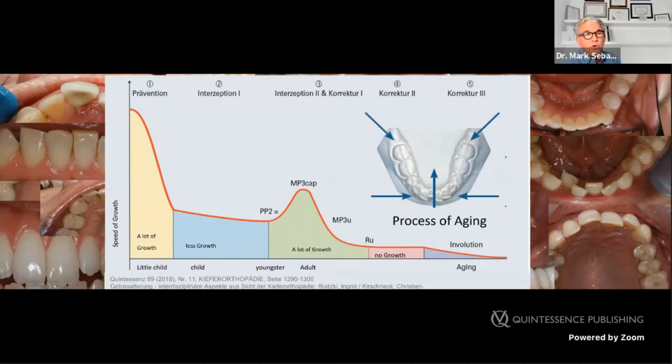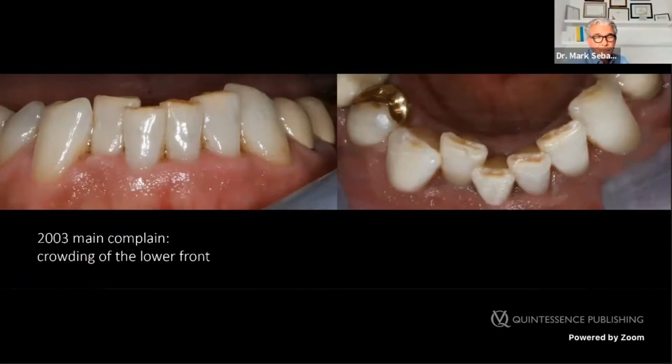So I just want to show you a case I did in 2003. This is one of the reasons why I started with Invisalign. This patient came with a wish for an aesthetic correction of his crowding in the lower front. And the problem was, I published an article in a Munich local journal, and I showed some solution with veneers. So the patient already had in his mind, okay, I want ceramic, I want some quick solution.